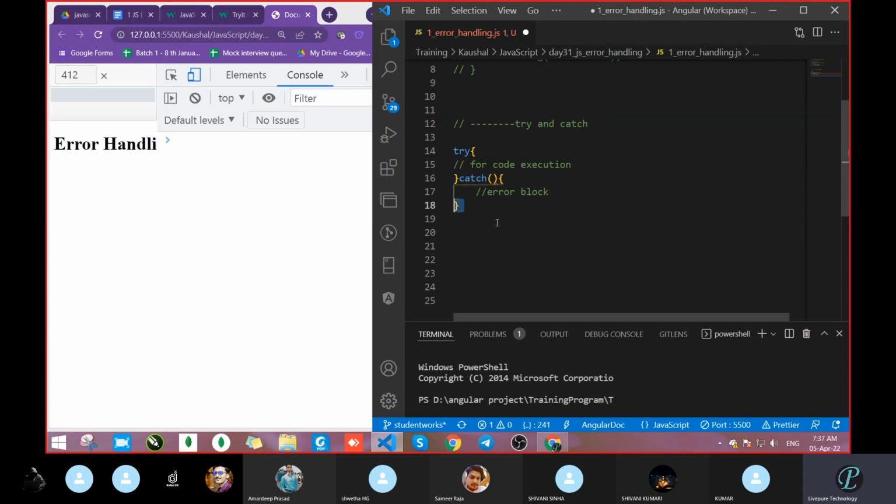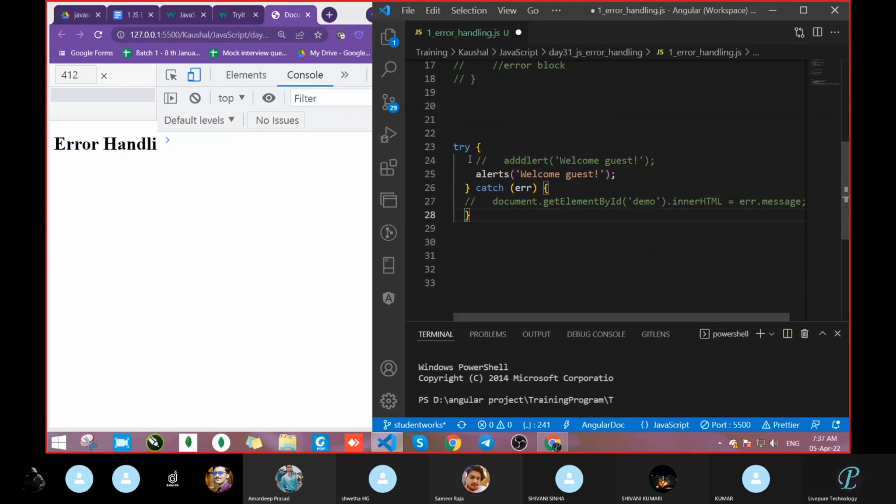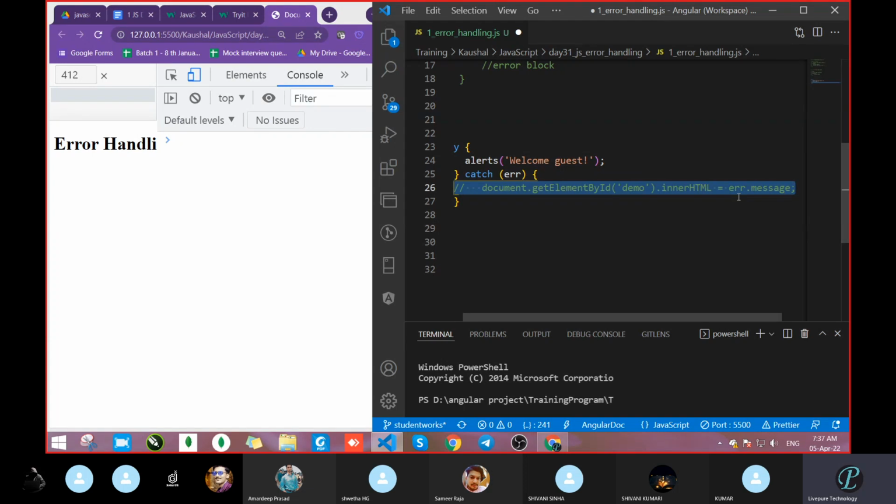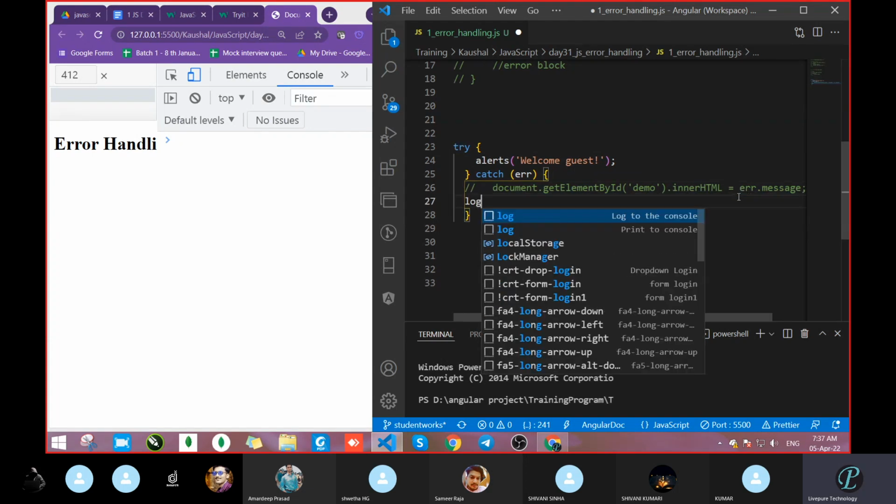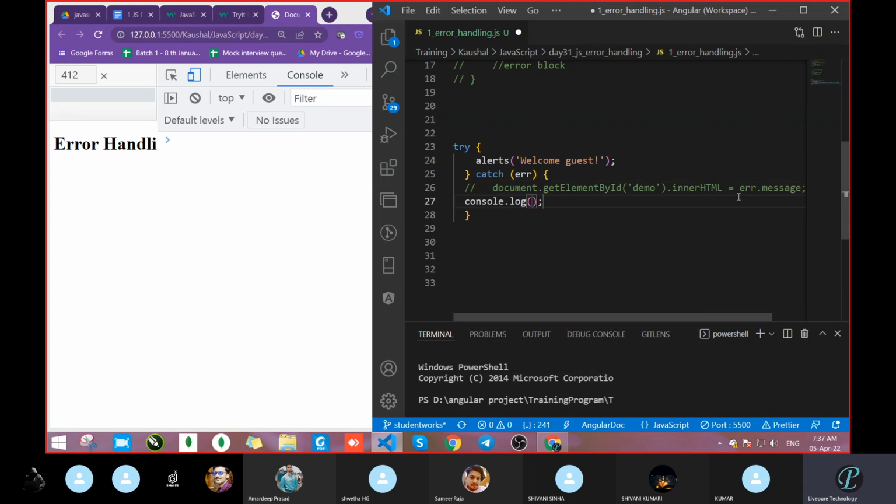Now move to the next line. Suppose we had written this one. For right now, I am just going with the console itself. You can display it to the user in this. We will check that also.